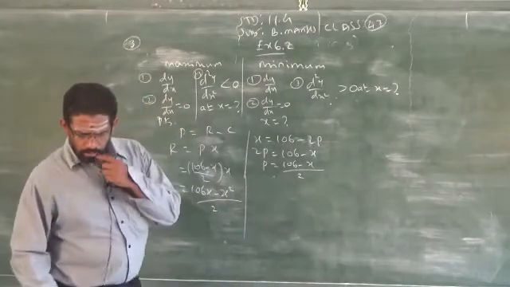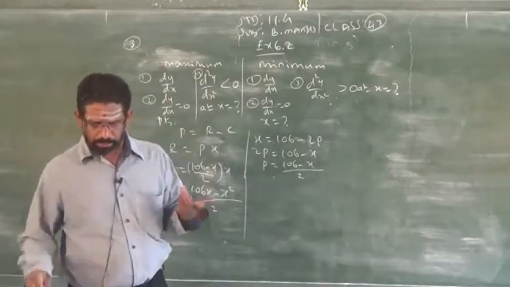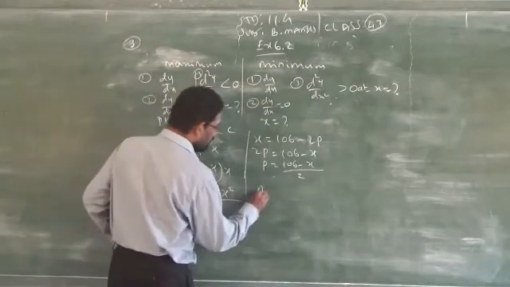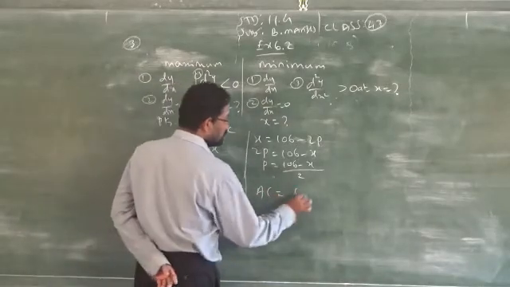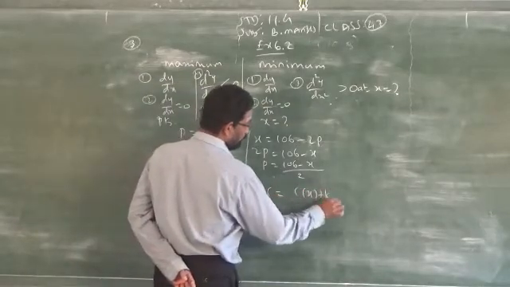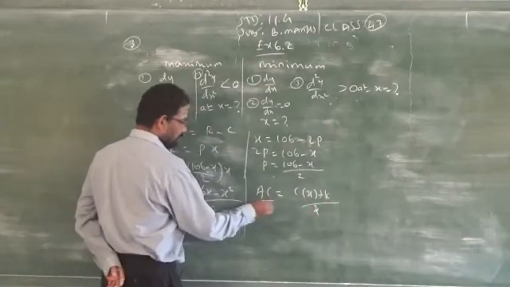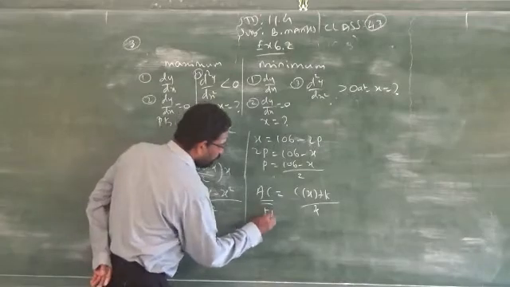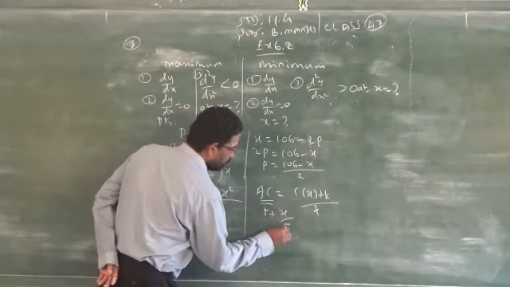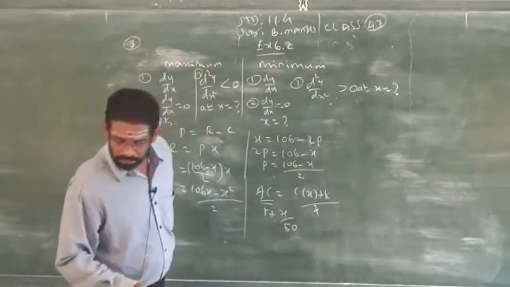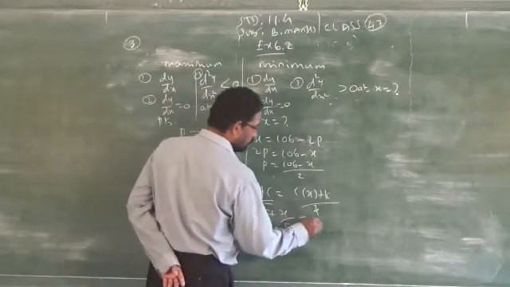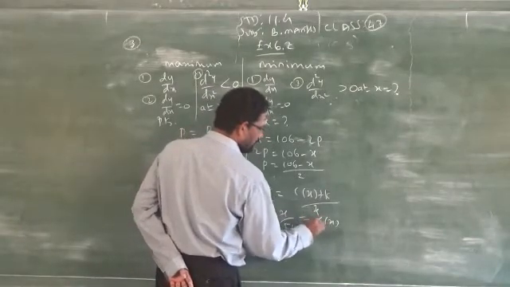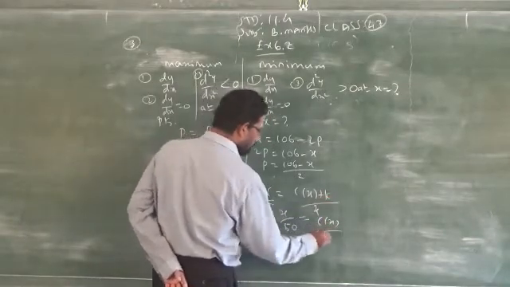cost. Do you have cost in that? Cost is not given, but AC is given. So what is AC? AC is C of x plus k by x. This is the formula. So AC is given. So I am replacing the place of AC by 5 plus x by 50. 5 plus x by 50 is equal to C of x. You can write C of x plus k or C of x by x.